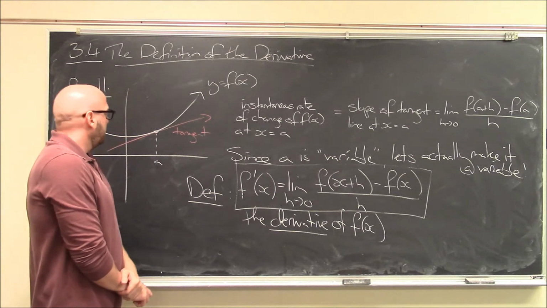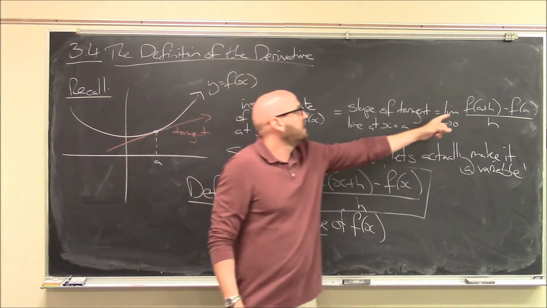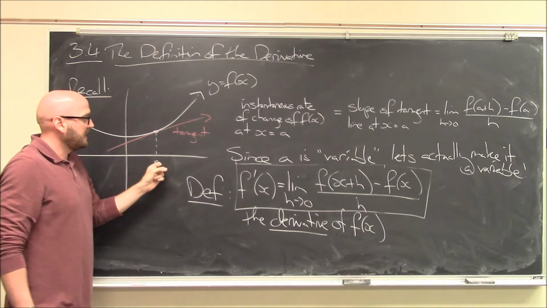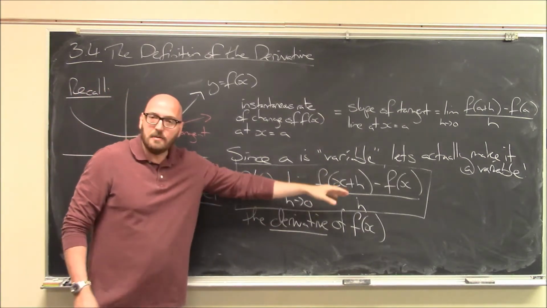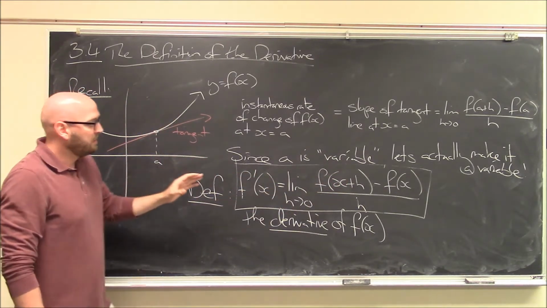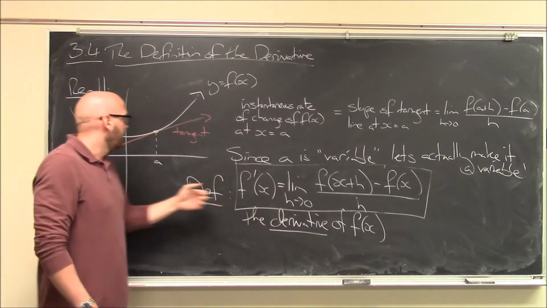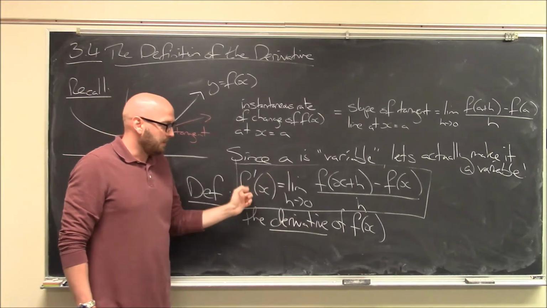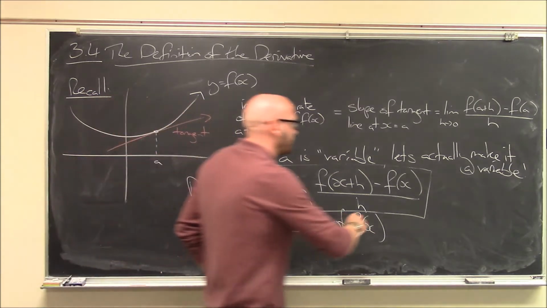That's called the derivative, and think about what this is doing, right? What did that expression do for me? That expression gave me the slope of the tangent line at x equals a. Well, this gives me the slope of the tangent line at any value x that you specify. Alright, so if you want to know the rate of change at x equals 2, you evaluate this expression, and then you find f prime of 2. Or if you want to find the slope at 3, you find the derivative, f prime of x, and then you plug in x equals 3. Right? So the derivative